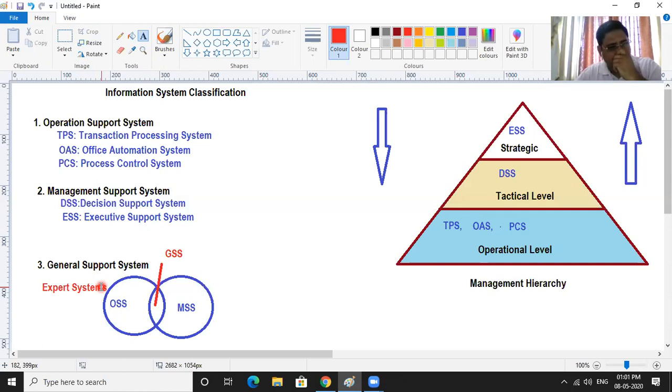So this is an example of general support system, which is a combination of both operation support system and management support system. From here we can see how information system is serving, catering, and providing tools at each and every level of the management hierarchy. That is why information system is very important. We have discussed the classification today, and tomorrow in the next lecture